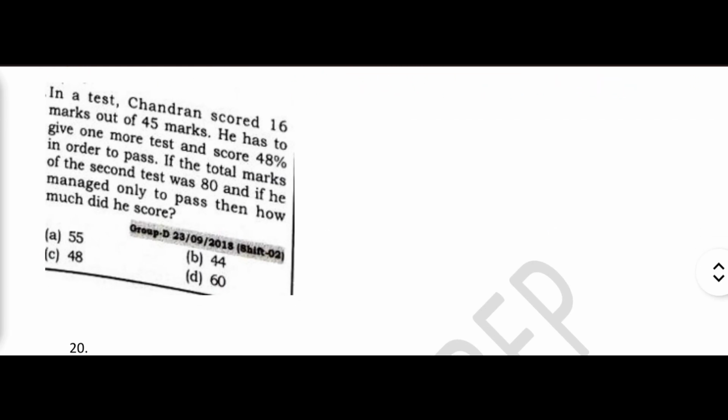In a test, Chandran scored 16 marks out of 45. Okay, 16 marks out of 45. He has to give one more test and score 48% in order to pass. If the total marks of the second test is 80 and if he managed only to pass, then how much did he score? See, first find the total marks: 80 plus 45,